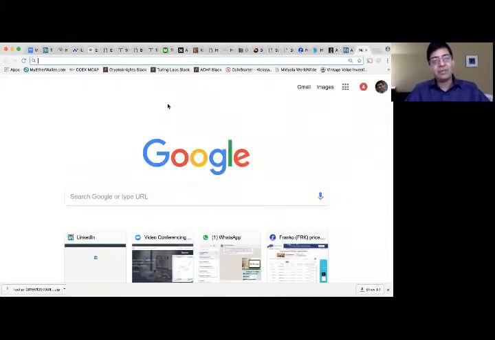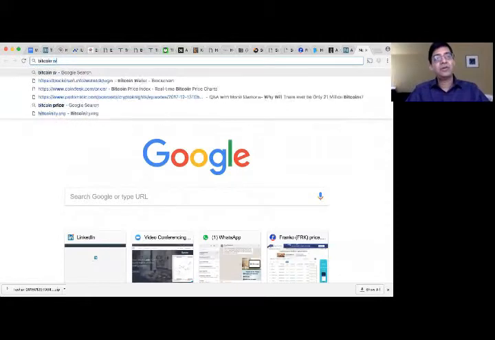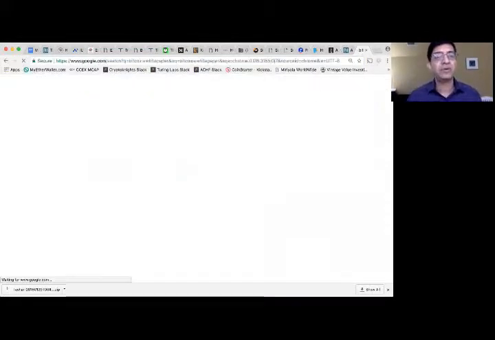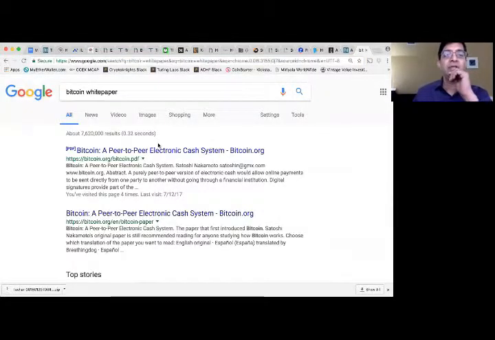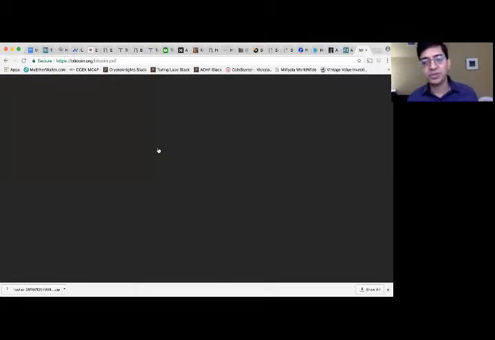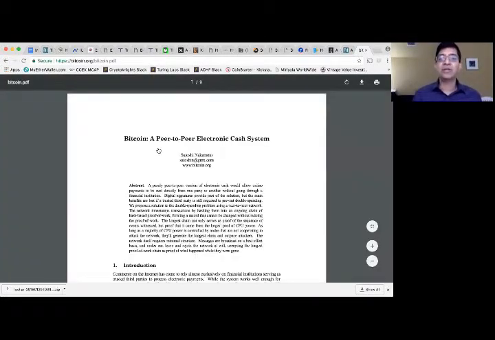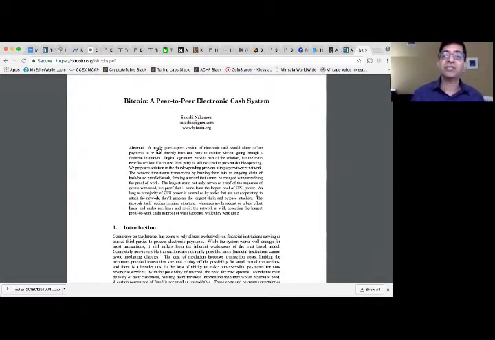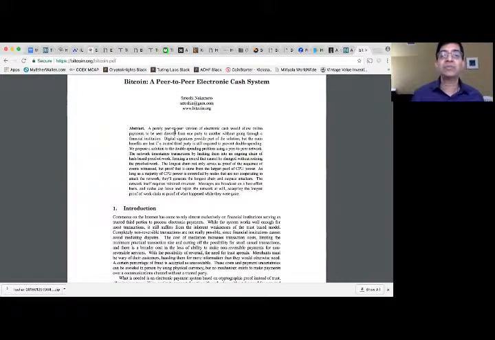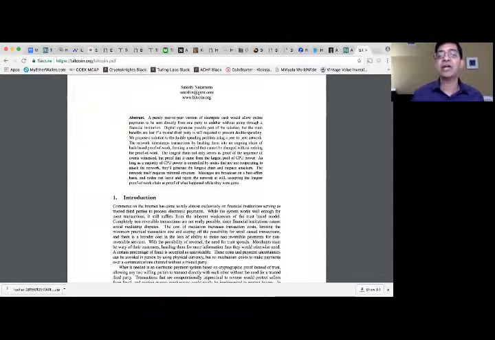Let me type Bitcoin white paper. So Bitcoin.org, when Satoshi Nakamoto first released Bitcoin, he released it along with a white paper called Bitcoin: A Peer-to-Peer Electronic Cash System. Abstract: a purely peer-to-peer version of electronic cash would allow online payments to be sent directly from one party to another without going through a financial institution.